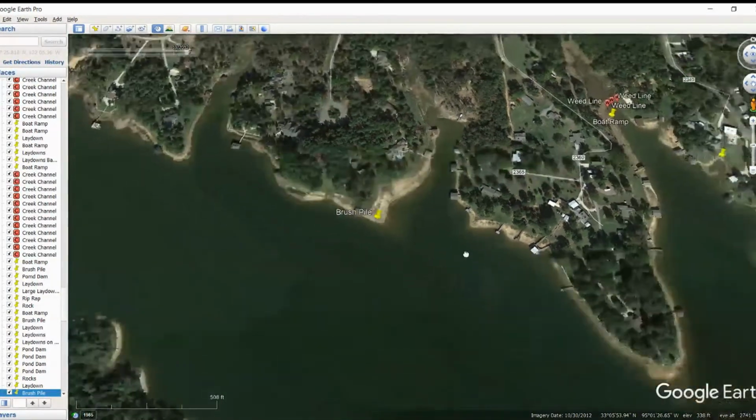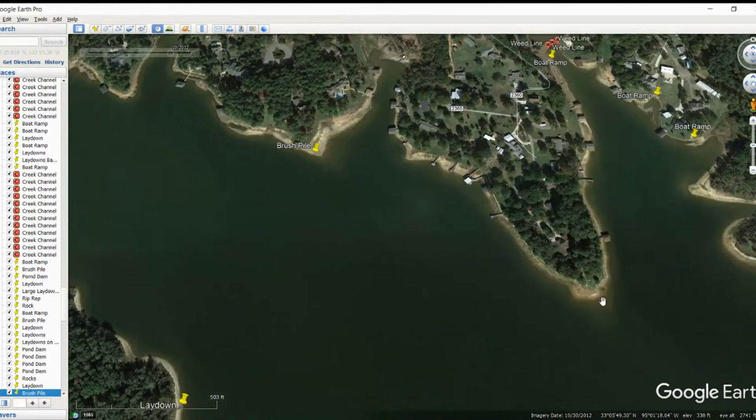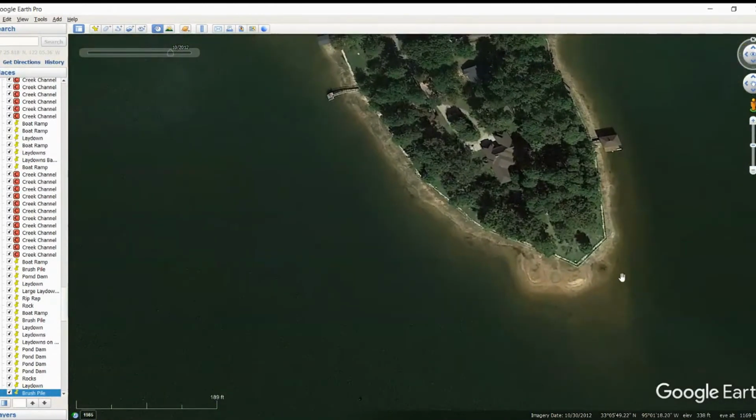All right, moving on up. We're going to go around this bank line. Pretty decent point here. Nothing too crazy